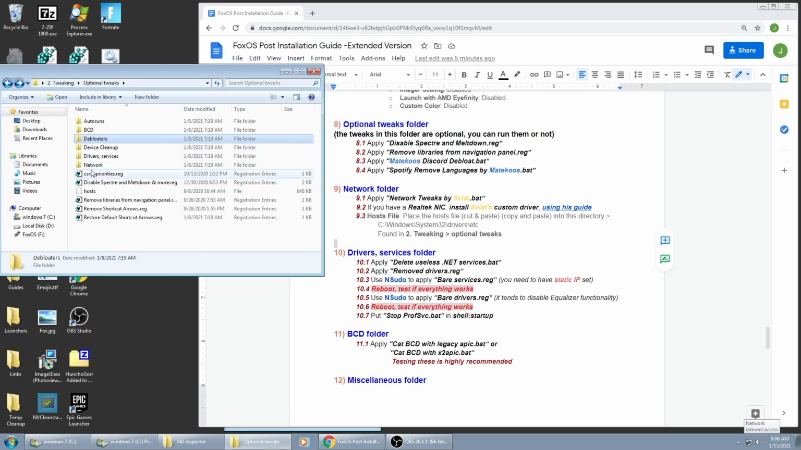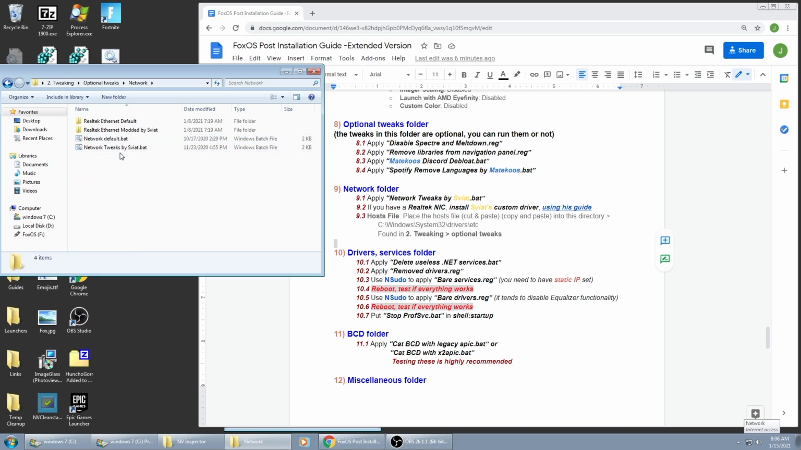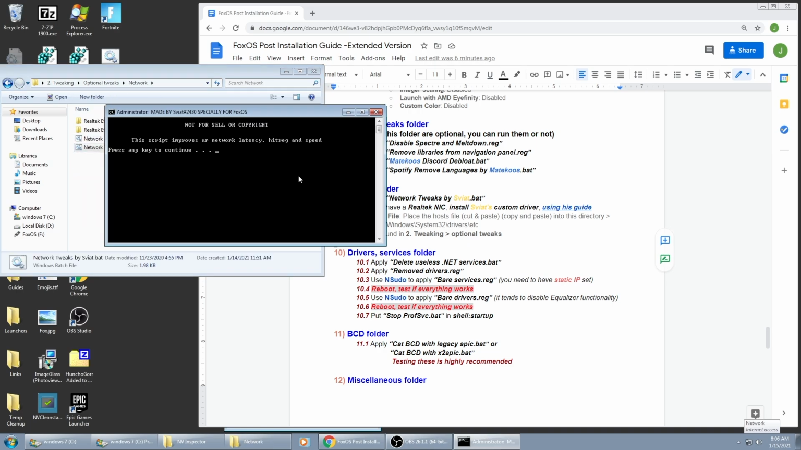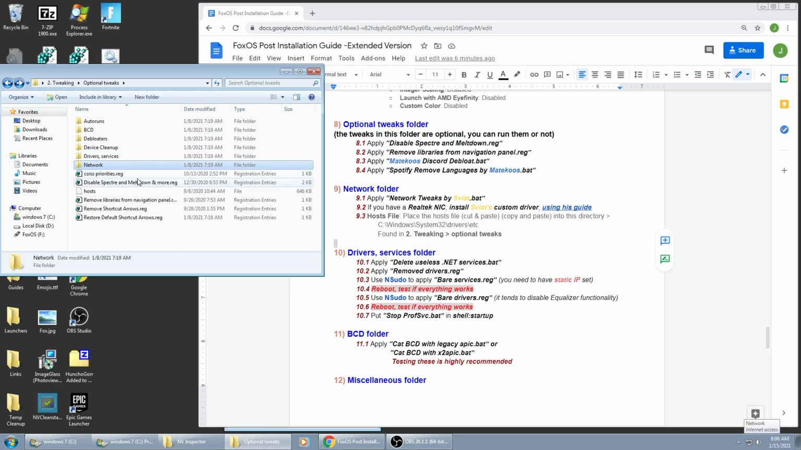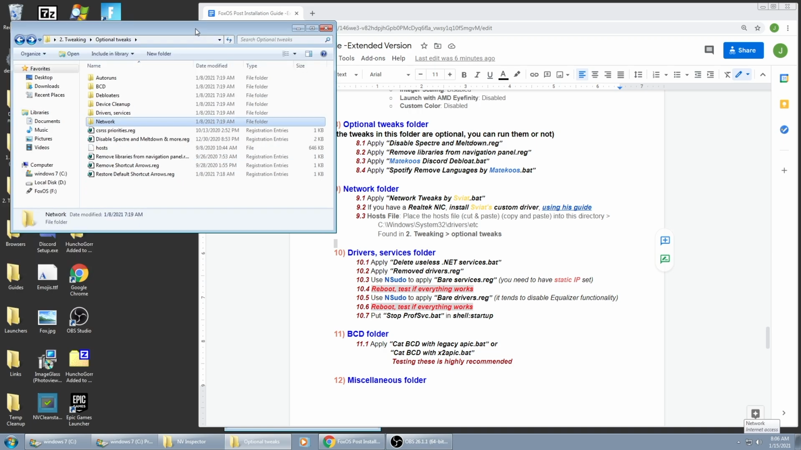So now we're going to do the network tweaks, also found in optional tweaks. This is the default. Run the bat file. He has a guide for installing his custom driver for Realtek. And now this host file that you see here, either cut or copy,